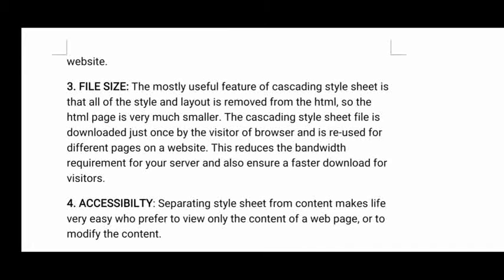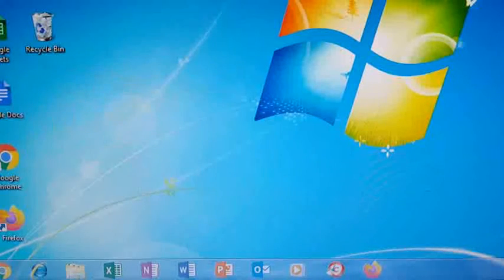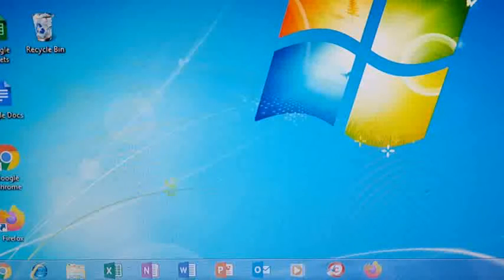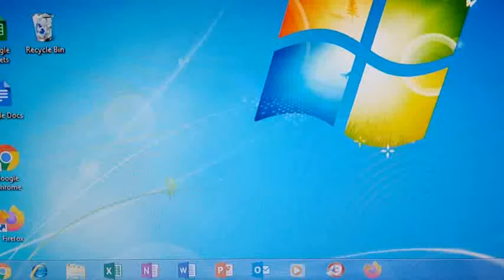Okay, students, now I'll explain the practical part of CSS. The theory part, what is CSS and what are the advantages of CSS, we have explained already, and how to give styles to HTML elements, that I will show you practically here.